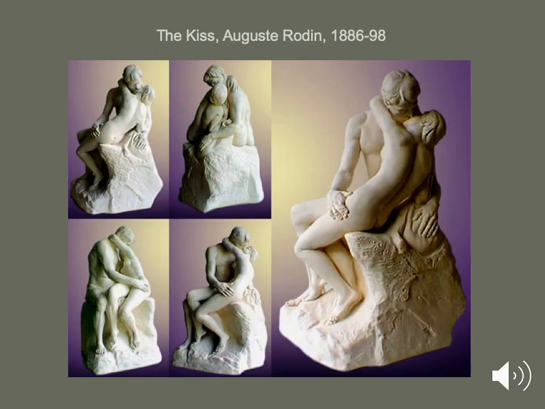So we're going to look at two more works that alter form but have the same subject matter. So this is The Kiss by Rodin from 1886. And if we're looking at the subject matter, it is about a kiss. But let's look at the form. It's very representational. The figures are nude and they're embracing, they're kissing, and it's very lustful. So this is more about the physical nature of the kiss. Because we have the physical nature of the bodies being represented, we can say that.